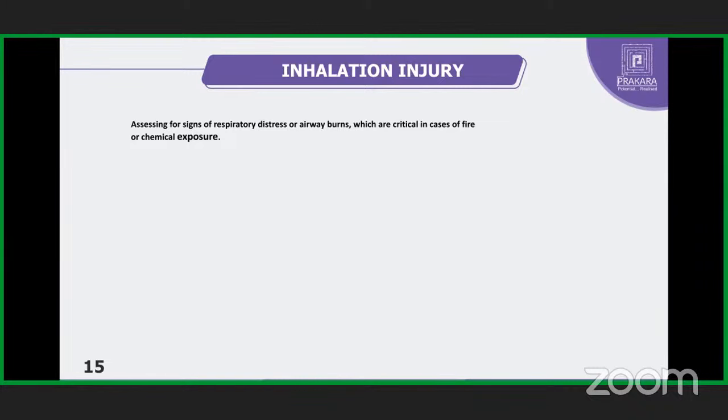So you should be vigilant about the patient's airway. If the patient is not able to breathe, the airway must be secured by placing an endotracheal tube inside the patient's mouth. It is a very dangerous injury, another type of burn where you cannot wash or do anything. In inhalation injury, the patient will collapse on the exact site due to not being able to breathe, and the only way out is intubation. So you need to take the patient to the hospital and secure the airway. Inhalational injury is a very dangerous type of injury.